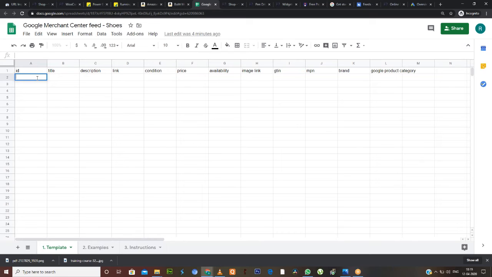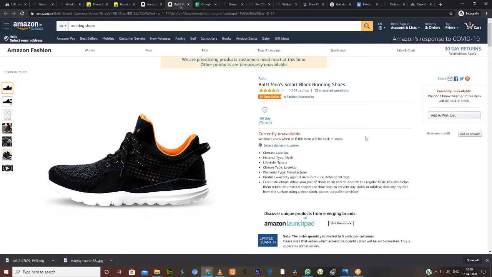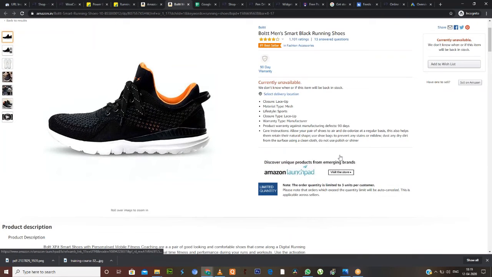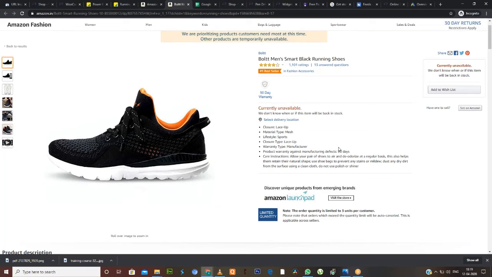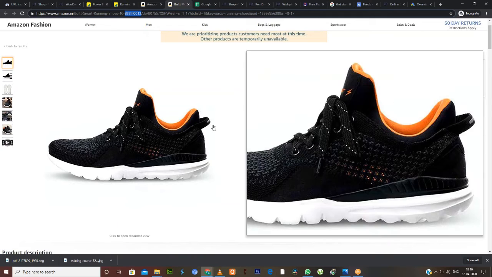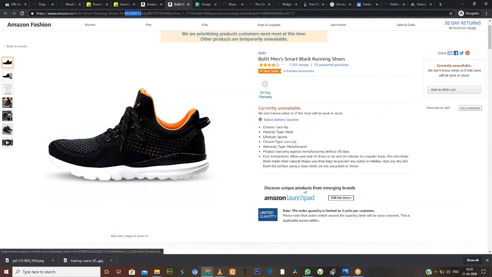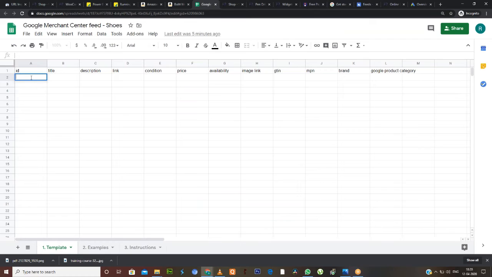So we have opened one product in Amazon. So that is shoes. Just open it and take the unique identification number. So what is the unique identification number on Amazon? Yesterday we saw what the unique identification number is. Yeah, correct. So copy it properly. So that is known as ASIN, Amazon Standard Identification Number. So this is unique for each and every product. So we'll copy this and we'll paste it here.